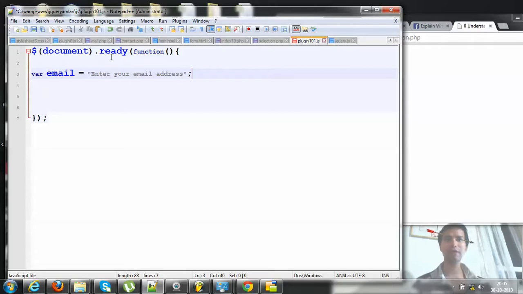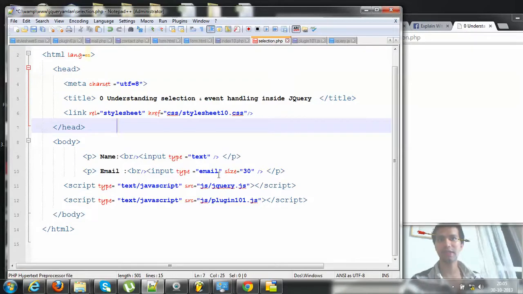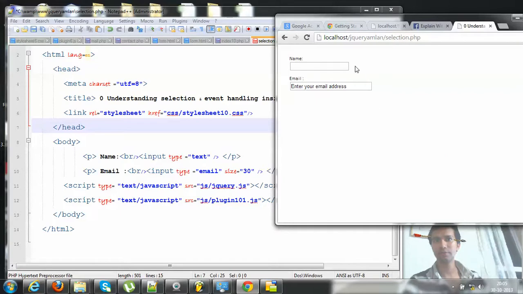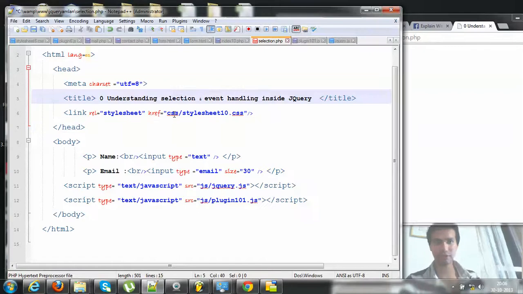Well, I have now stored a string, enter your email address, inside a variable called email. Okay, so this is how you do it in JavaScript. This is not PHP, where you have the $ sign. In JavaScript you basically use var, or you don't use anything at all, but it's always good practice to use var. So I am assigning the value enter your email address to a variable called email. And why am I doing that? Because in my normal script you can see I have no value assigned to email. So typically if I just reload this, okay, I didn't save this, I guess.